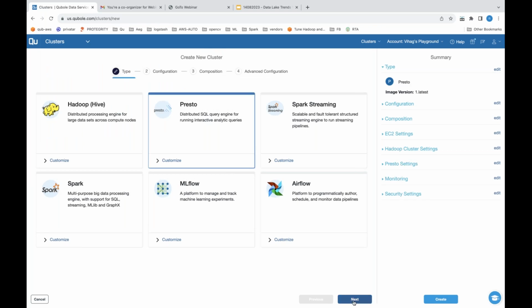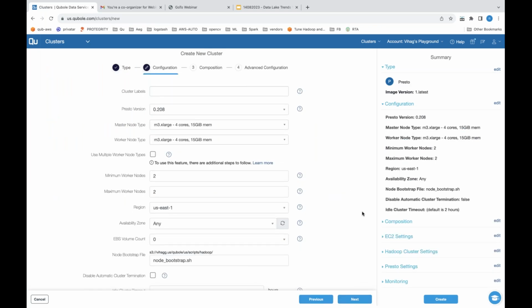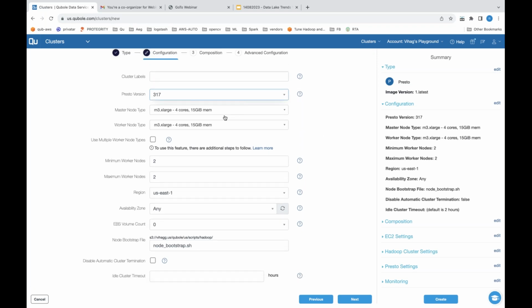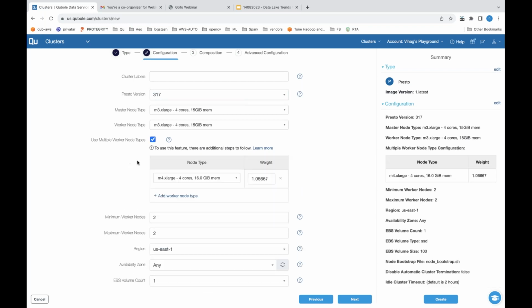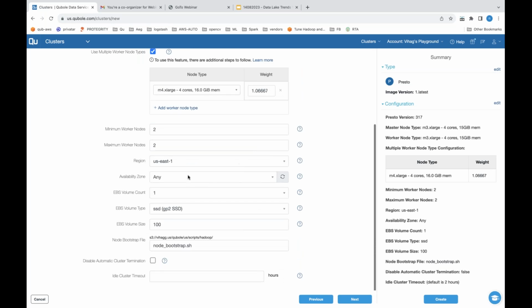So just going with Presto, I'll quickly show you the various aspects, because I spoke about lifecycle management. You can provide cluster labels. We have Presto as well as Trino. You can provide master node types. This is based on AWS, so you choose the instance type for the master node and the instance type for the worker node. Then, as I was talking about, using multiple worker node types to make sure that you have better availability of spot instances. The minimum worker nodes and maximum worker nodes make sure that you have better auto scaling. Then this is which region you want the instances to be spun up in, the availability zone, EBS, and